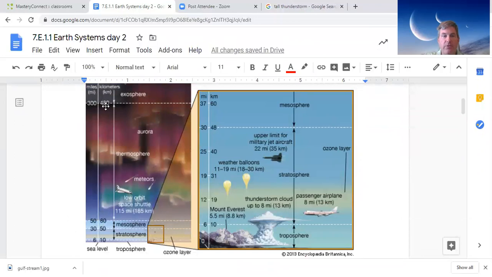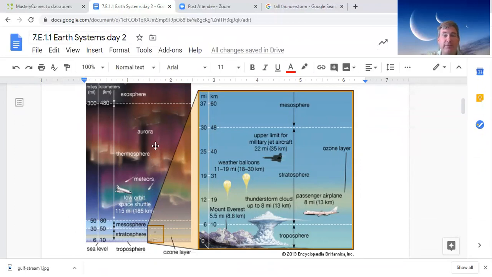Now, 80 kilometers up to 480, 500 is the bottom of the normal thermosphere, but it can also extend further than that to 1,000 kilometers. In the thermosphere is where things orbit. The space shuttle orbited in here. Well, of course, you guys know we don't have the space shuttle anymore, but